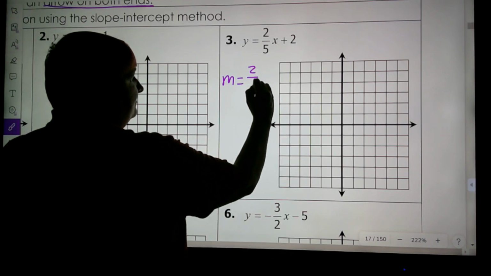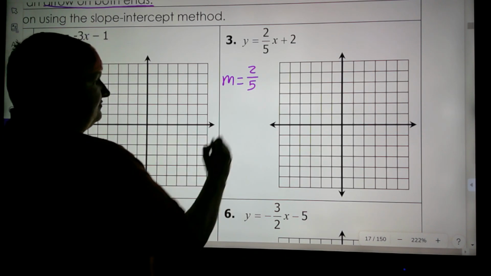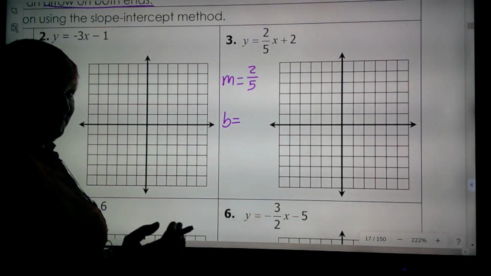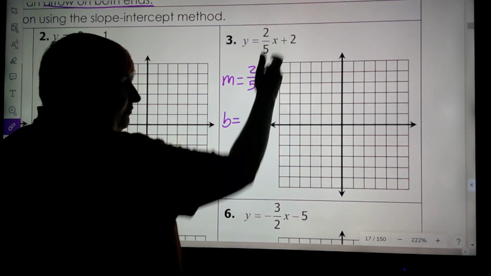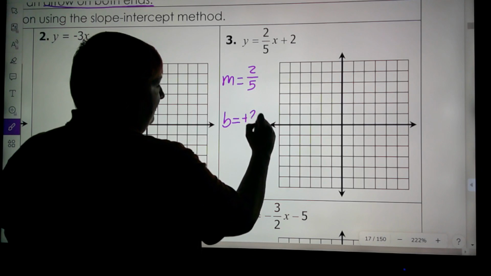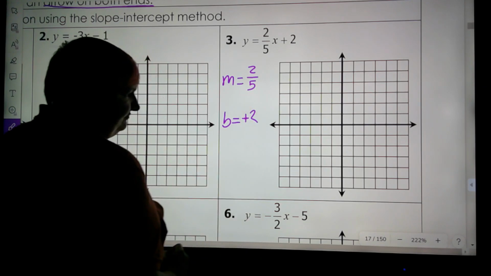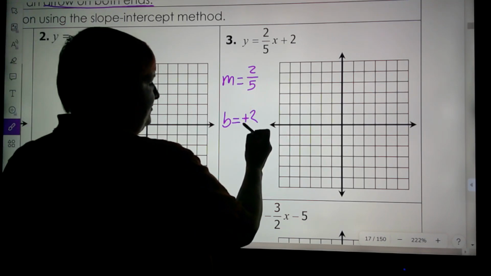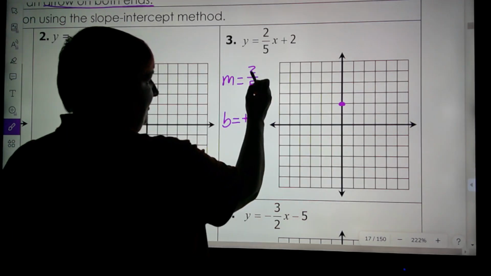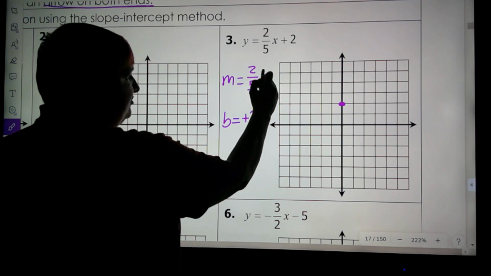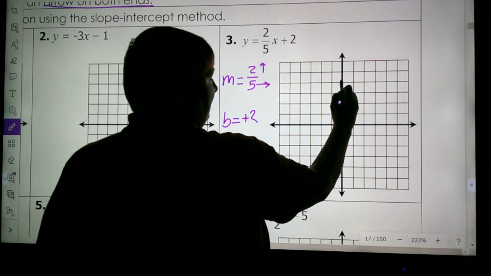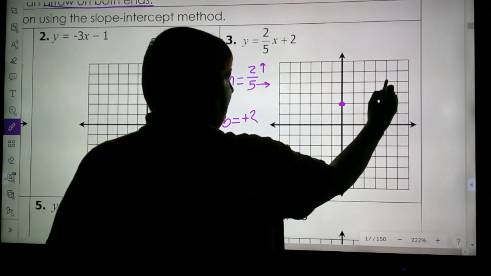And my b, if your equation is written in the correct order, your b will be the constant at the end, positive 2. That means my first point is going to go at (0, 2). And my second point is going to go 2 up, 5 right: 2 up, 1, 2, 3, 4, 5